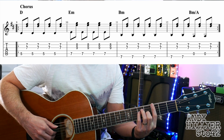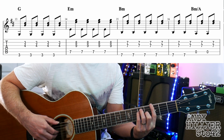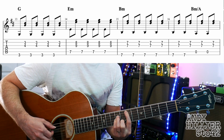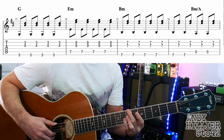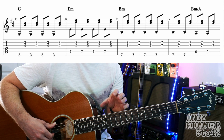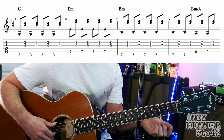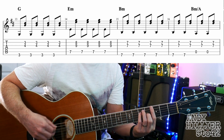And then on the 3rd time around it goes to a G chord for a bar. Then up to the E minor. And then basically the only thing that changes there is the first chord is a G chord as opposed to a D. So we should be able to play that line. Ready, and...